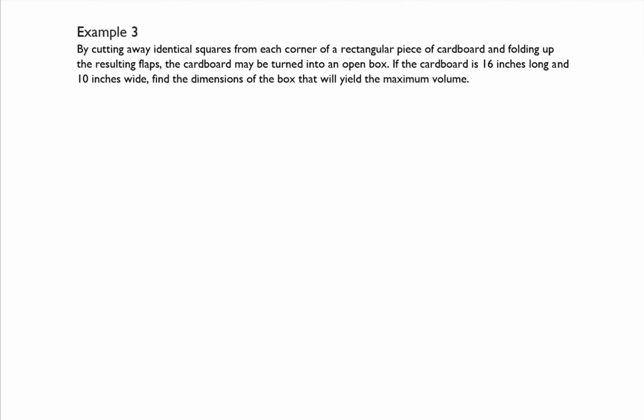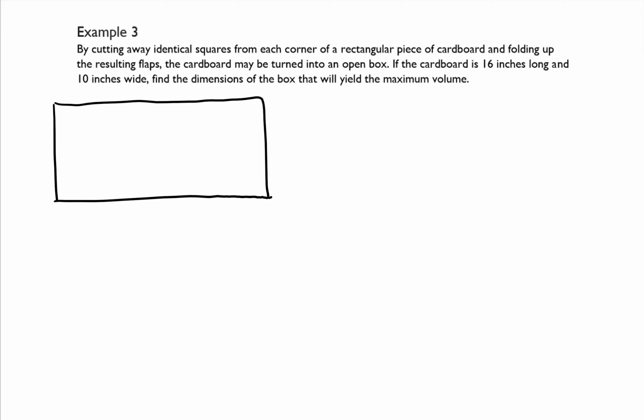Example 3 says, by cutting away identical squares from each corner of a rectangular piece of cardboard and folding up the resulting flaps, the cardboard may be turned into an open box. If the cardboard is 16 inches long and 10 inches wide, find the dimensions of the box that will yield the maximum volume. So, like many of these problems, we want to start off by drawing a picture, and this